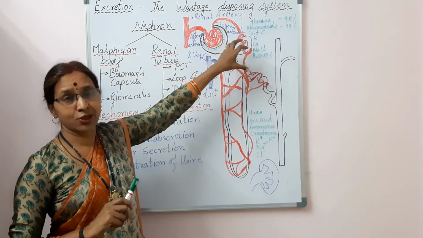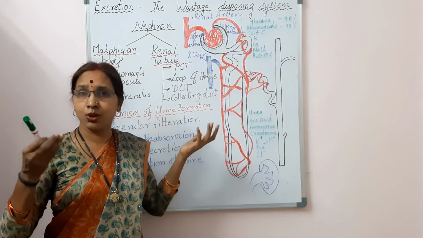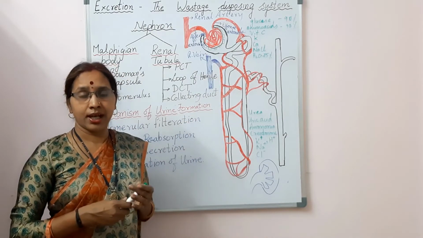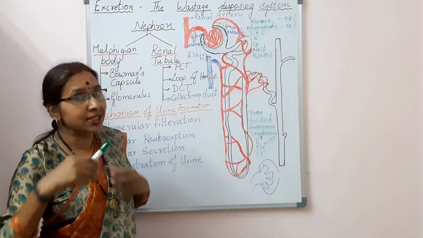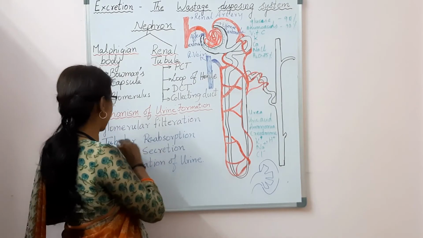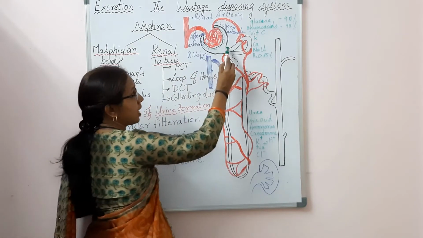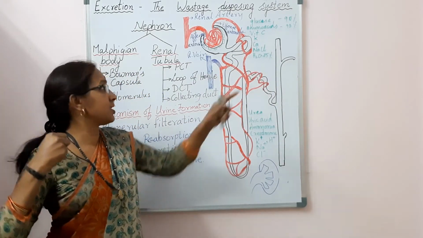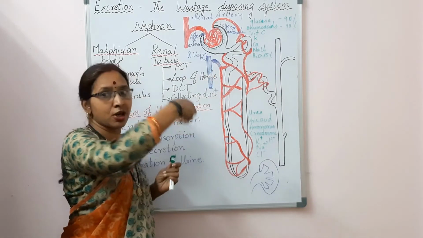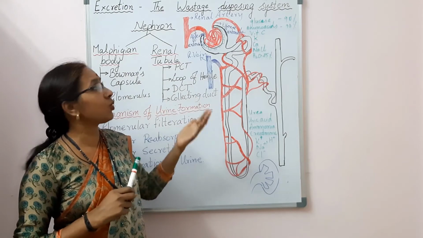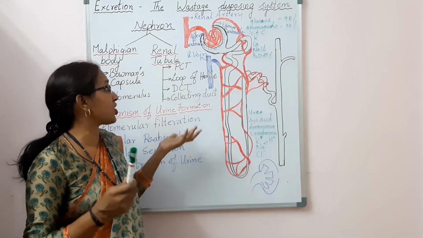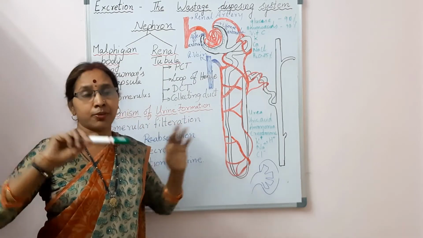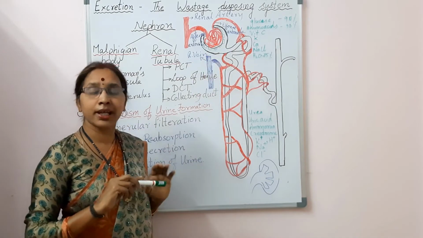So this primary urine, as I told you, contains everything. It contains glucose, amino acids, salts, vitamin C, potassium, calcium, everything. So this cannot be excreted out from the body in the same way. Here the second step is tubular reabsorption. In this proximal convoluted tubule, these are reabsorbed into the blood. The peritubular capillaries reabsorb the glucose, amino acids, vitamin C, potassium, calcium, sodium chloride, and nearly 75% of the water is also reabsorbed into the blood capillaries by the peritubular capillaries.